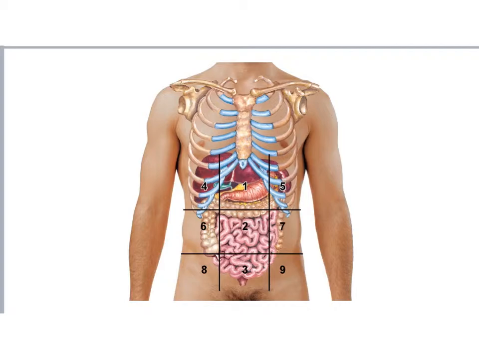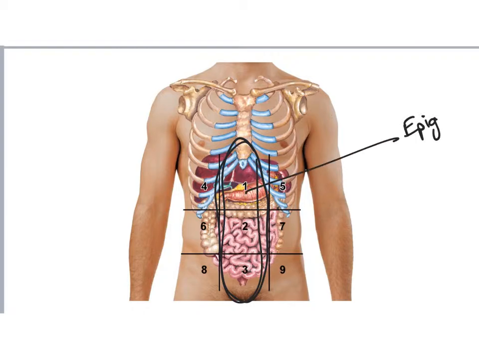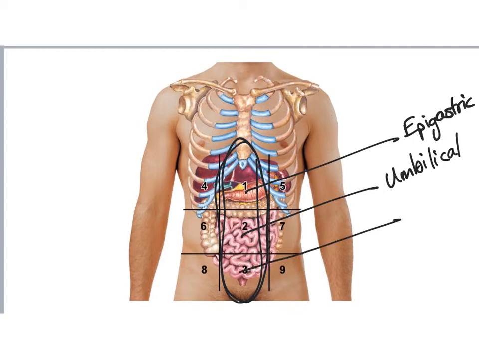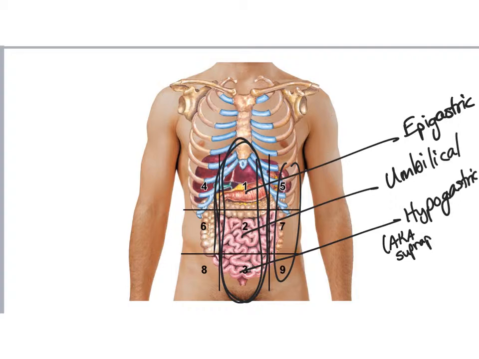The main 3 that most people use are these in the middle here. Number 1 is the epigastric region. Number 2 is the umbilical region. And number 3 is the hypogastric region. People don't usually discuss the regions on the sides here, but just as a matter of interest, 4 and